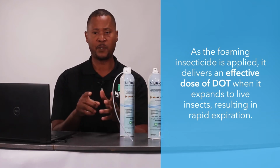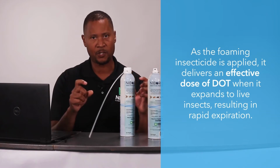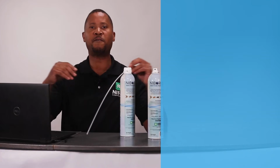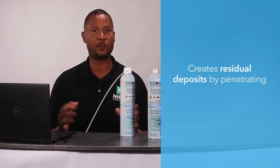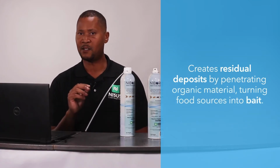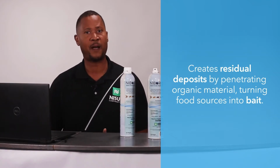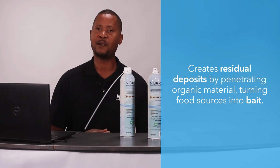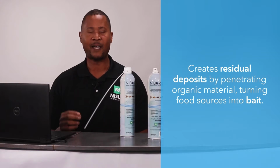If you put this straw into a void and push the actuator, it is going to trigger the fluid to come out, and it expands to fill all of the areas in that void, leaving residual material and contaminating any food sources that the small flies or cockroaches were using. So that talks about how our Nibor-D is highly effective because it turns that material into bait, and it is